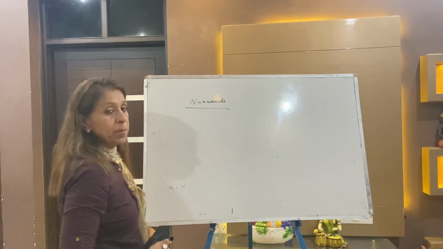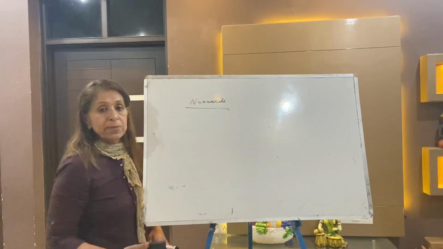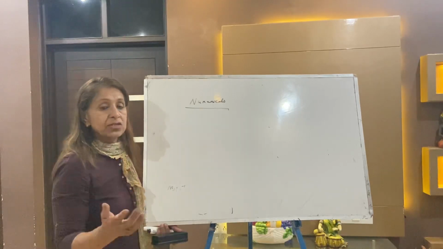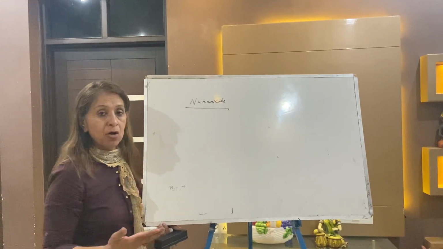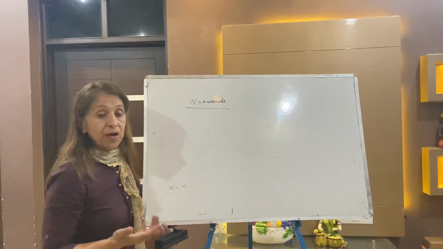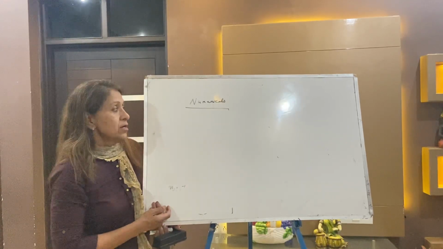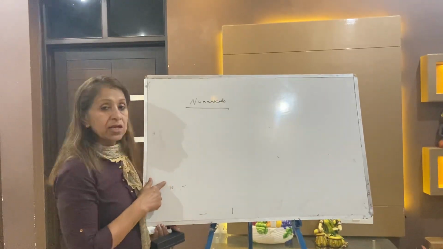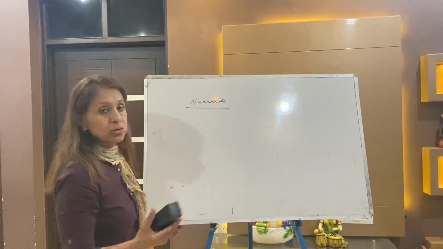So this is all about the topics we have covered in this chapter. First topic was the rate of reaction. There are two types, average rate and instantaneous rate. This was my first lecture. Which rate is preferred, average or instantaneous? After that, very important topics: rate law, mechanism, orders, elementary and complex reactions, etc. Then the initial rate method, and then the integrated rate law method. After that, I will take the numericals of the integrated rate law method. When you start this topic, always bring NCERT. NCERT must be in your hand; only then will we be able to solve numericals.